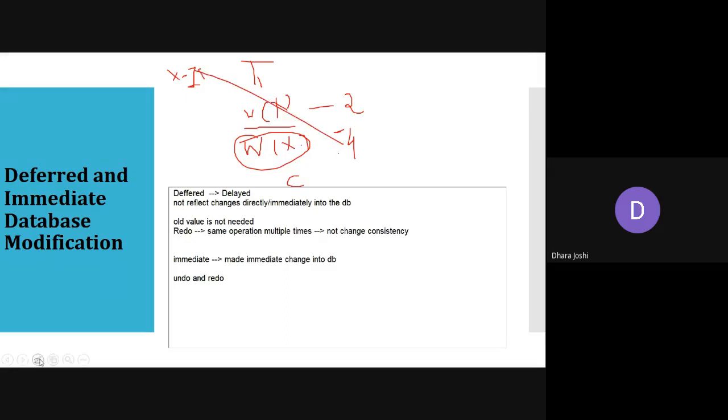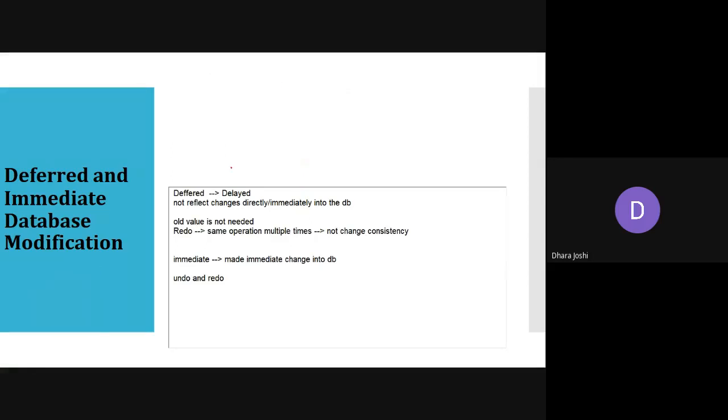Okay. So we didn't require the old value, which is 2, because the commit is done. That means we are sure that now we are not able to undo the operation, or roll back the operation, because it is successfully completed and saved.